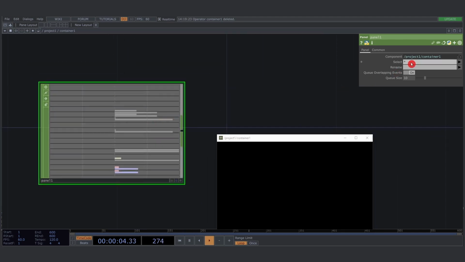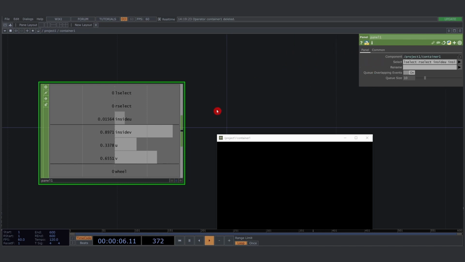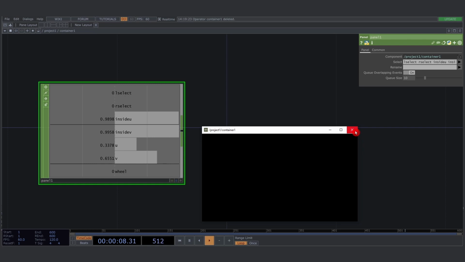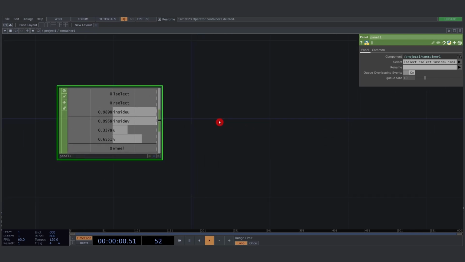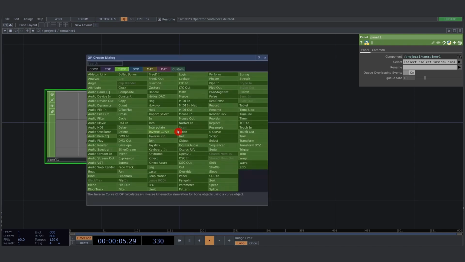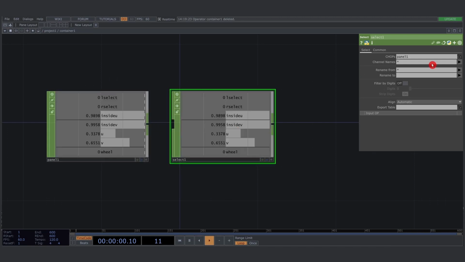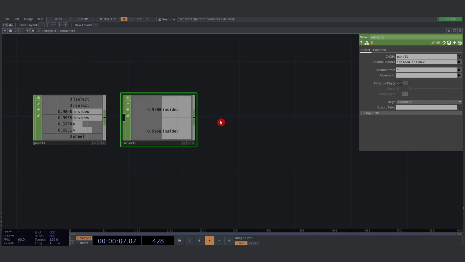So let's go to select and paste in the ones we need, which are L select, R select, inside, UV, the UV and the wheel, but this we will be using later on. For now, let's close this down. And for now, we are only interested in inside U and V. So again, select chop, let's drag it on top. Channel names, go to inside U and inside V. And next up,